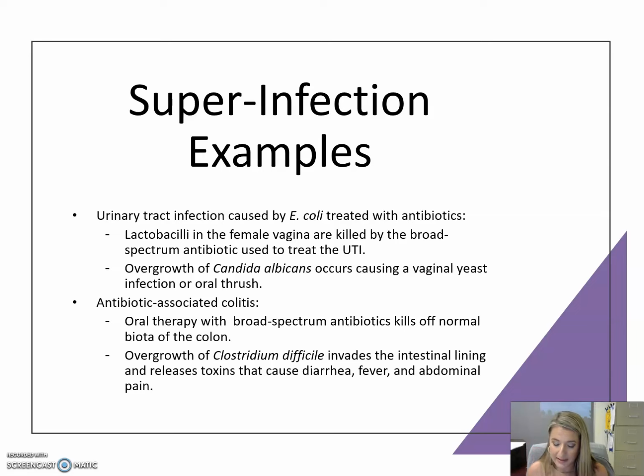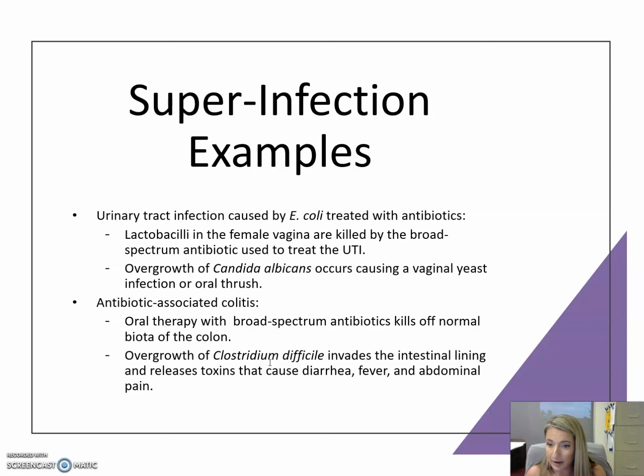Another example is antibiotic-associated colitis, or C. diff. We all have a small concentration of Clostridium difficile, the bacteria that causes our C. diff, in our large intestine. But it's kept under control by our normal biota. As long as our normal biota is present, C. diff cannot grow out of control. Again, if you get put on a broad-spectrum antibiotic for something else, it wipes out your normal biota, leaving C. diff behind. C. diff now has the space and the nutrients to grow out of control as it will, and